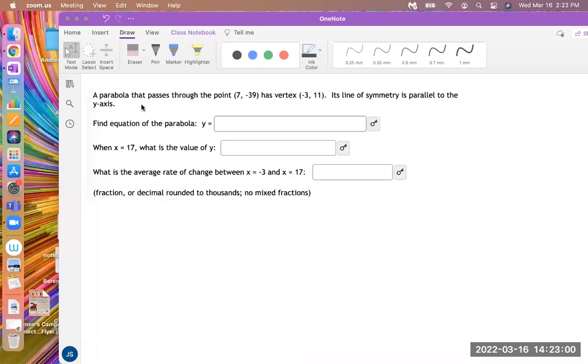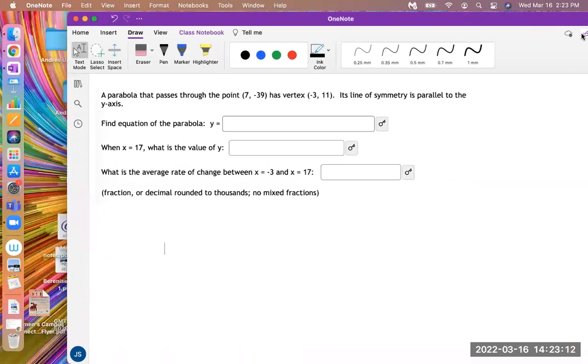A parabola passes through the point (7, -39) and has a vertex of (-3, 11). Its line of symmetry is parallel to the y-axis. Find the equation of the parabola y equals, okay? So